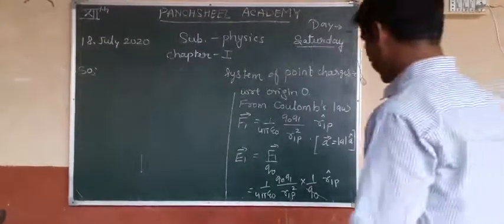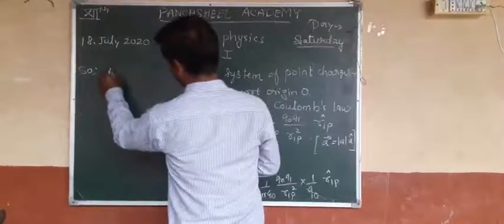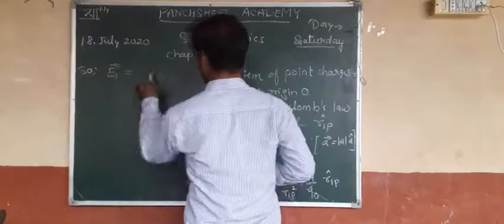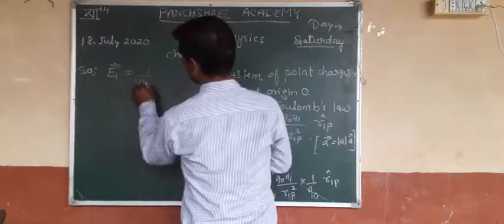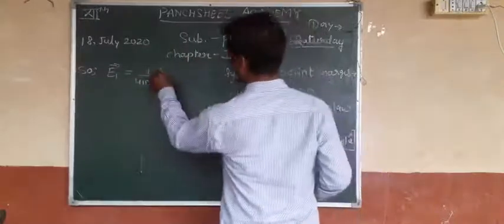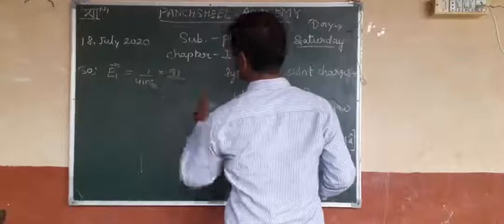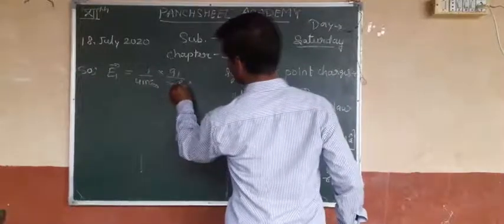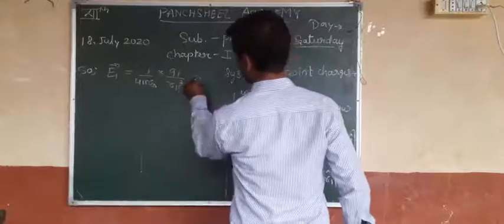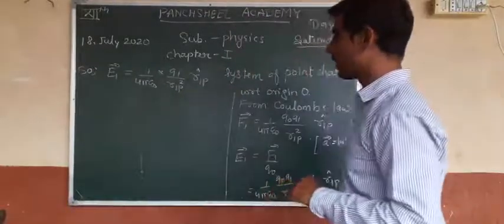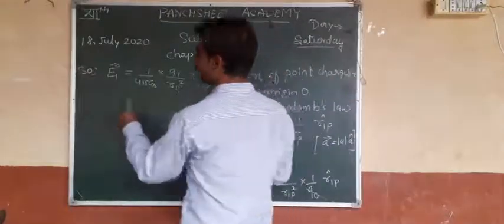So the value of E1 equal to 1 upon 4 pi epsilon naught Q1 upon R1p square and unit vector R1p cap. Okay, similarly